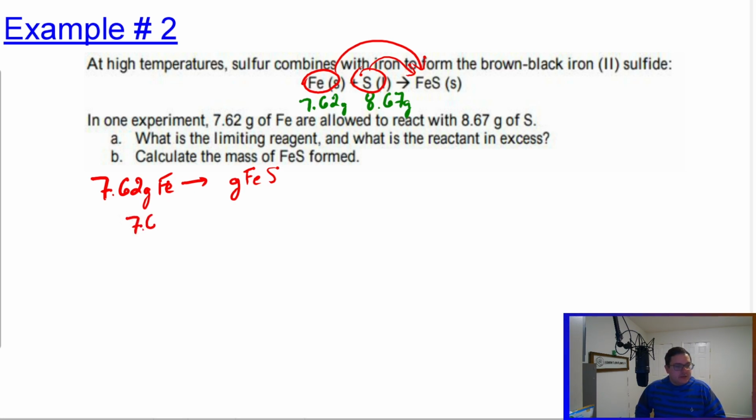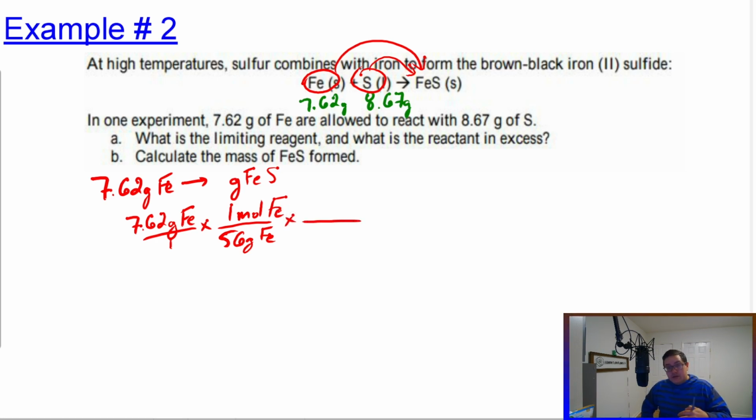We got 7.62 grams of iron over 1. And, ooh, I need to pull up my periodic table because I don't know some of these numbers off the top of my head. There we go. We have 56 grams of iron for 1 mole of iron. Again, if you don't know where these numbers are coming from, you can pause. I'd love to help you out, but I'm going to go with the assumption that you understand where these numbers are coming from. Okay. For every 1 mole of iron,